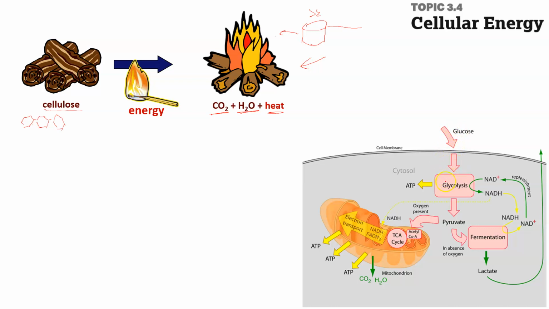And I chose this on purpose because it's a very complex diagram of cellular respiration. I chose it because it's complex, and it shows you that you have all these different little processes where you're taking a little bit of energy out of each little step in this process. Fermentation, oxygen's present, you get a lot of energy out of here. But you're taking it in these small steps. You're taking little pieces of energy out of this carbon, because if we were to set, obviously, the cells in our body